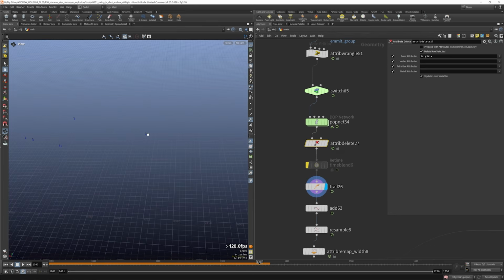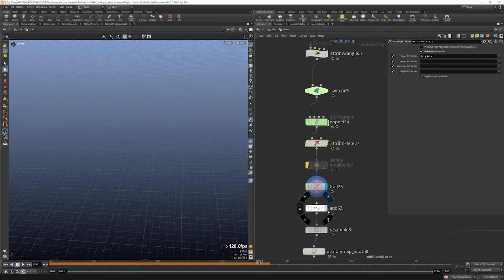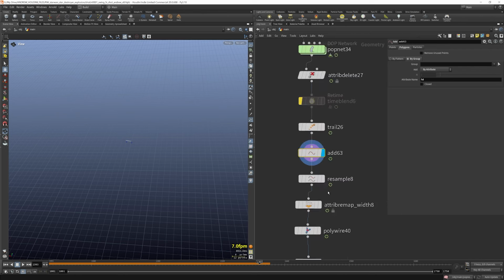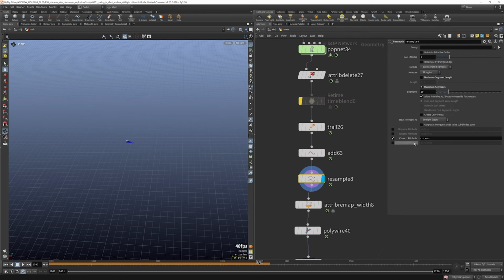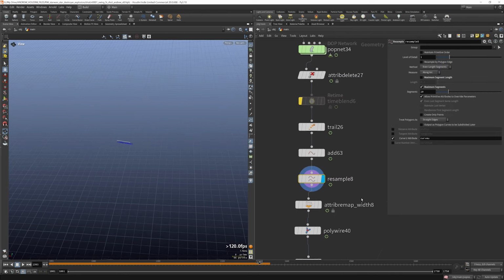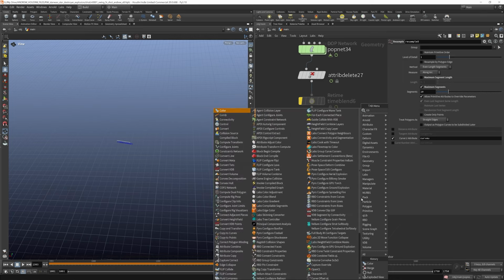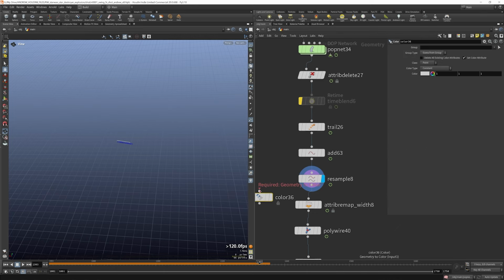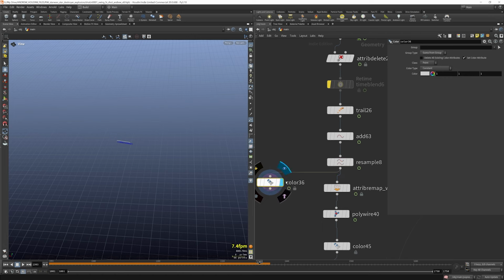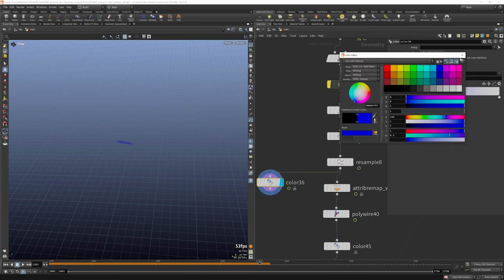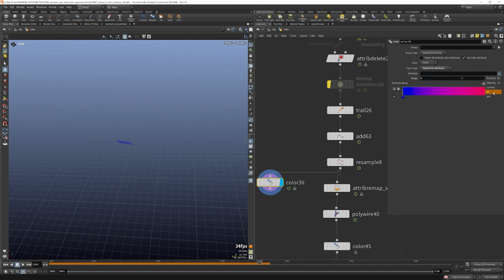As you can see now, let's zoom in a bit. So now we have 2, and if we just add those, we can create a little line. Resample that line, compute the curve view so that we now have an attribute traveling along. So if I take a look at the color, and we just take a look at the curve view, I say ramp along attribute, make this blue, make this red, and inspect the curve view. You can see we've got this attribute traveling along,